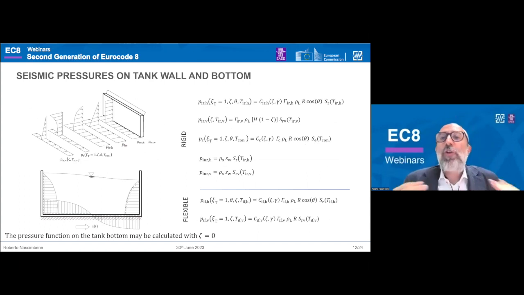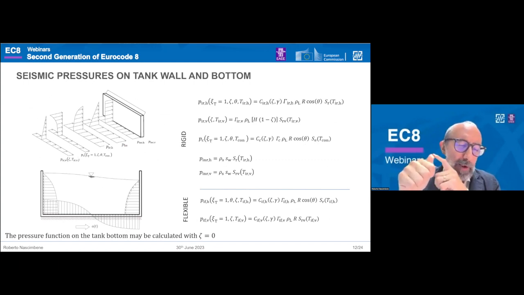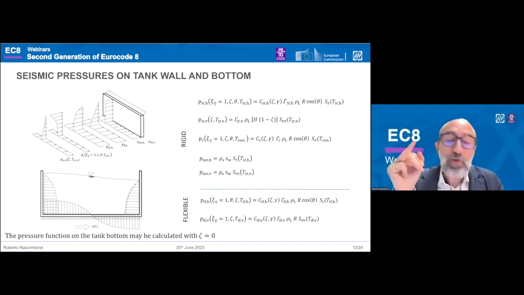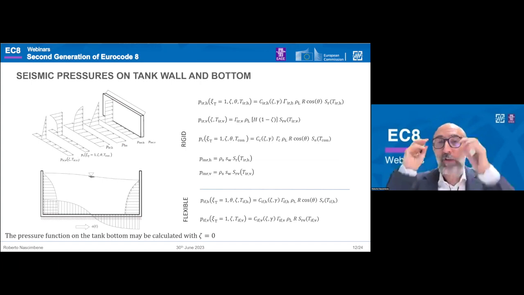When a tank, in general cylindrical or rectangular, is subjected to the action of an earthquake, we have impulsive hydrodynamic horizontal pressure, impulsive hydrodynamic vertical pressure that has a linear distribution, convective pressure, inertia pressure due to the horizontal component and the vertical component that is classically more important, evident in reinforced concrete